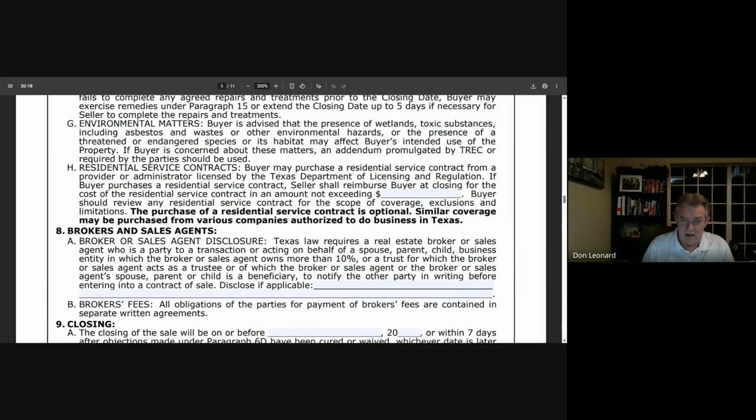So sometimes we see these provisions in the contract that are created because the real estate commission got sick and tired of real estate agents putting stuff in special provisions that they felt like shouldn't be there. And this is one of them. It was very common before this provision was created. It was very common for special provisions to have a provision that said seller to provide home warranty at an amount not to exceed